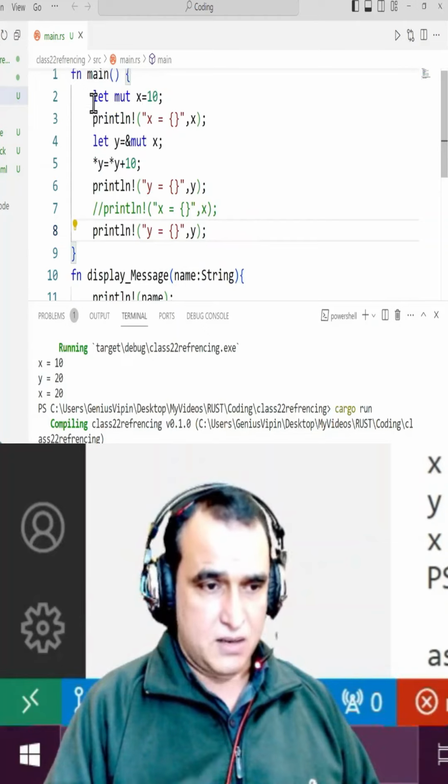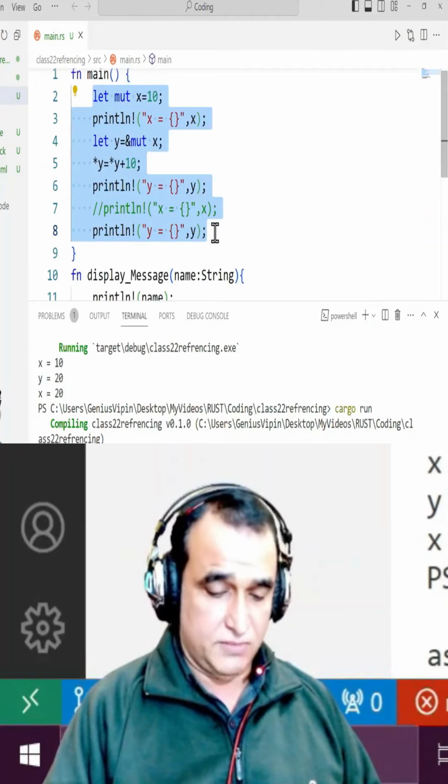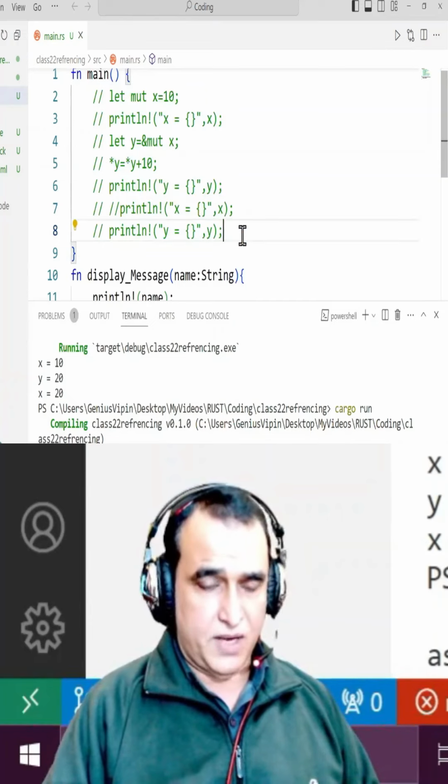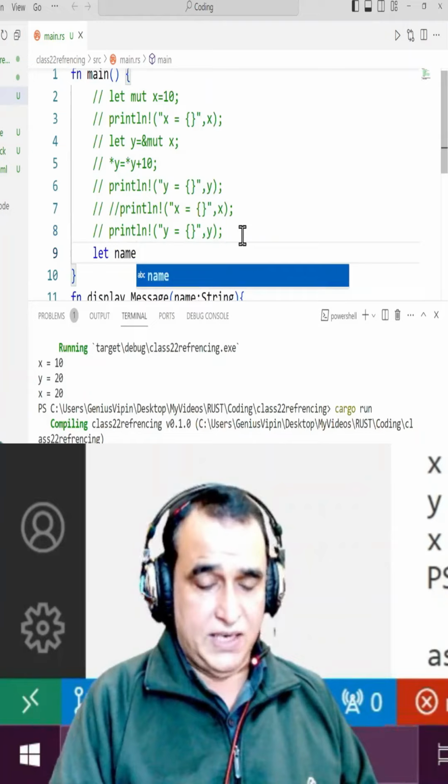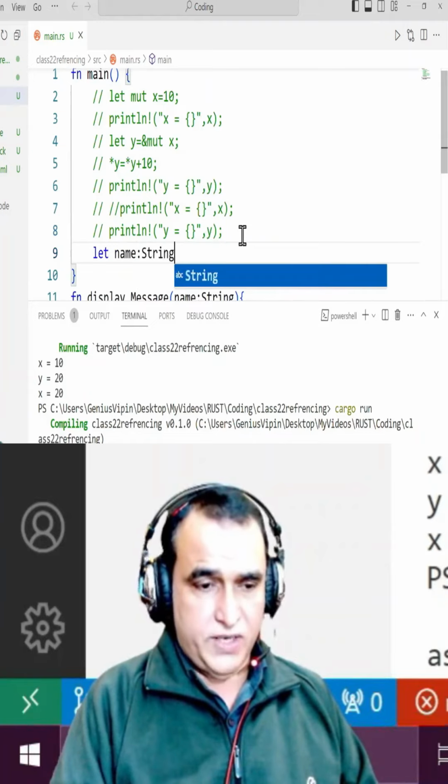And I comment out all these things because it's a separate thing, but I am taking here a variable of String type. So I say name and I say of String type equal to